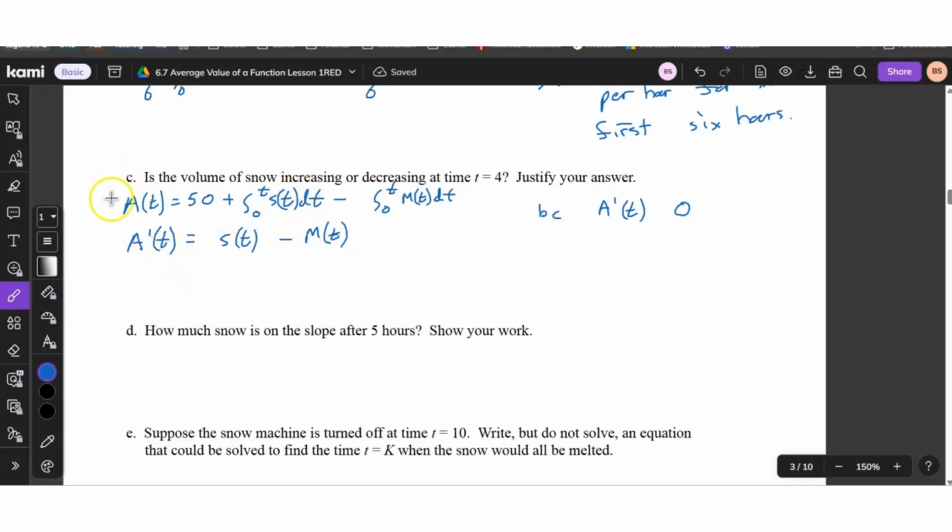Anyway, so then we find... I guess I should also say this was the total snow. I forgot to actually say that that's what that equation was. So this would be the rate at which the total snow is changing. Now we want to find A prime of 4, which is just going to be S of 4 minus M of 4, which is,